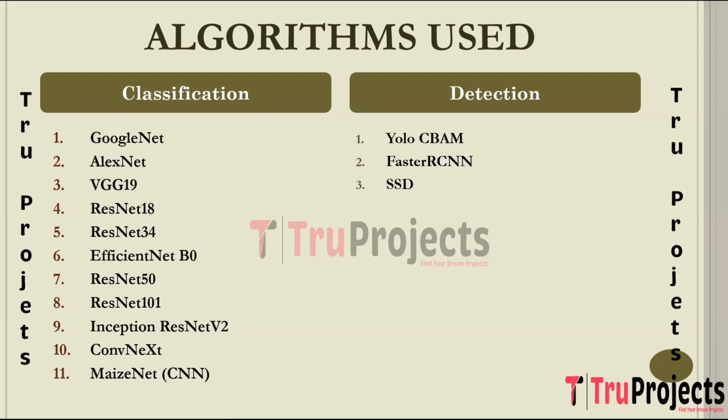Coming to SSD, which is the single shot multi-box detector. SSD is a single shot object detection algorithm that predicts bounding boxes and the class scores directly from multiple feature maps at different scales. It utilizes a set of default bounding boxes with various aspect ratios to handle objects of different shapes. SSD is chosen when there is a need for a good balance between speed and accuracy in the project, where timely detection of maize leaf diseases is important.